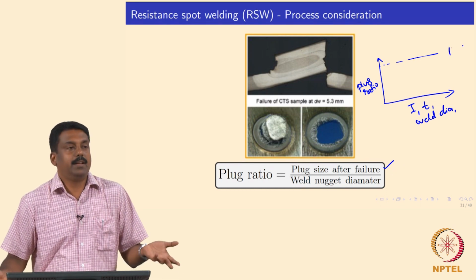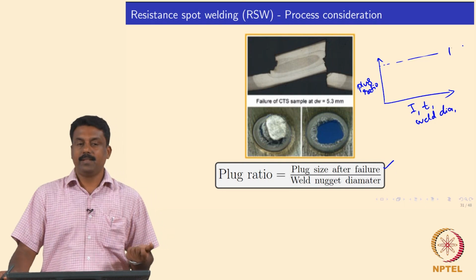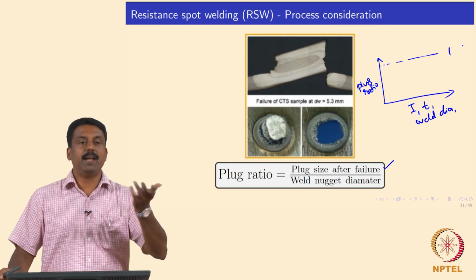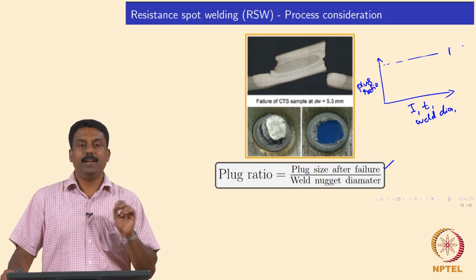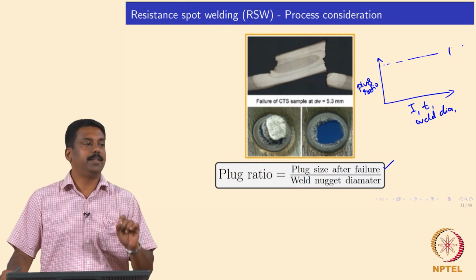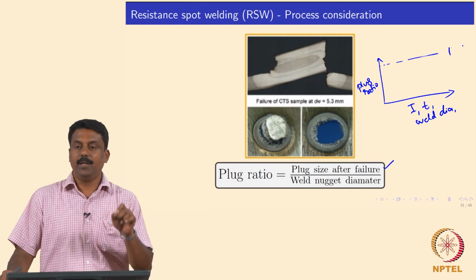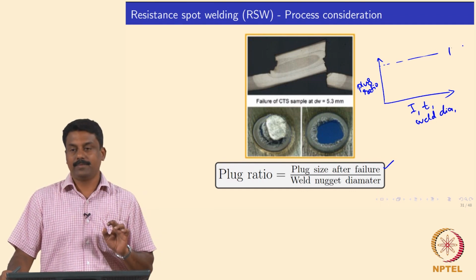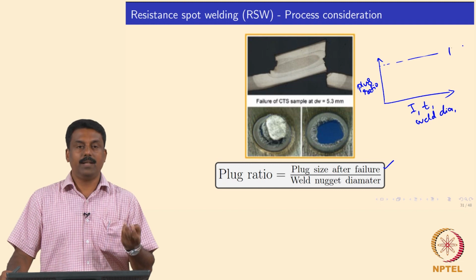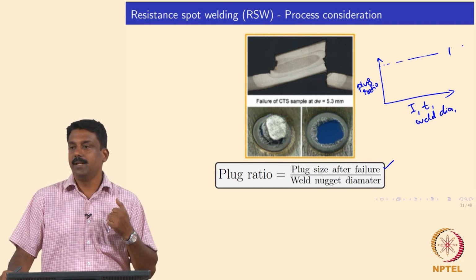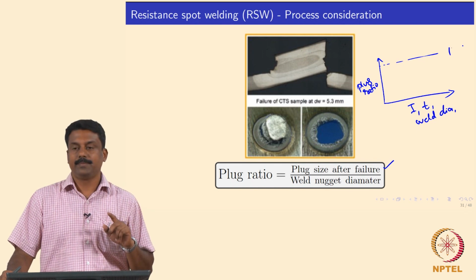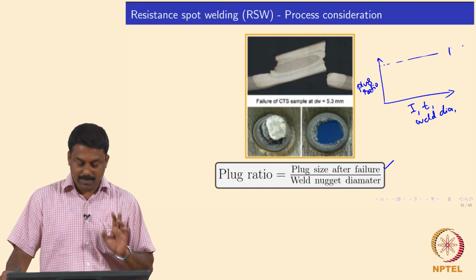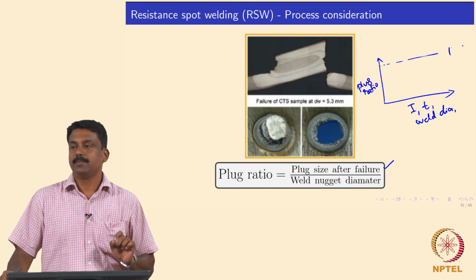So, then that means that it is the best condition you can explain, and then you can identify which diameter gives the maximum strength, period, and then identify what current and time you will have to use to achieve that weld nugget diameter, and that you can identify from the weld growth curves. Weld growth curves are plotted as a function of current, time, as a function of weld nugget diameter. Yes, it is clear. So, this is how we measure the mechanical properties of a resistance spot weld.